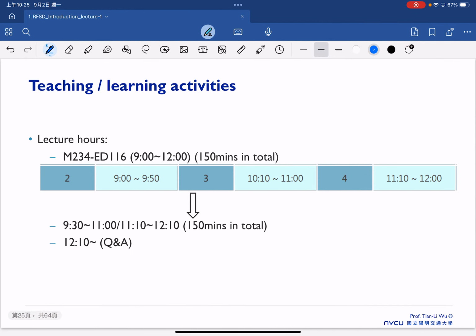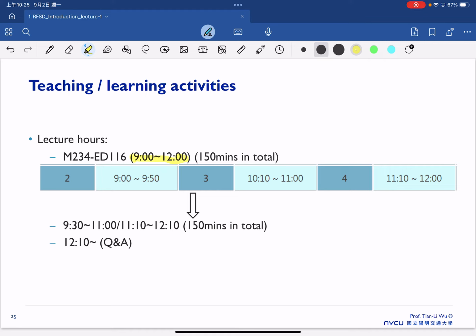And another thing, because I want to make an announcement here. If you feel like this class is suitable for you, fine. If you feel like the class is not suitable for you, probably you don't have to stay. You can leave earlier. Another thing is that our class is originally planned in this classroom from 9 to 12. That's 150 minutes in total. But 9 is probably very early for me and also very early for you guys, especially on a Monday morning. Yeah, a Monday morning class at 9